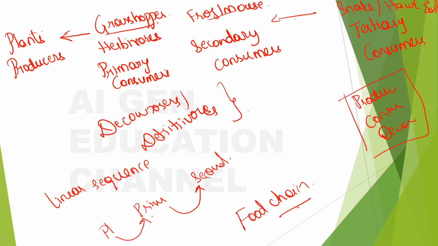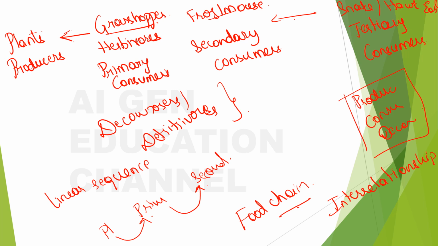Food chain is a linear sequence of organisms wherein you can find the flow of nutrients and energy, right? And it is a sort of interrelationship between the animals, between the producers, consumers, wherein you can find what eats what, who eats whom, right? And you can find these set of organisms here, and these set of organisms here, and these set of organisms here. So each